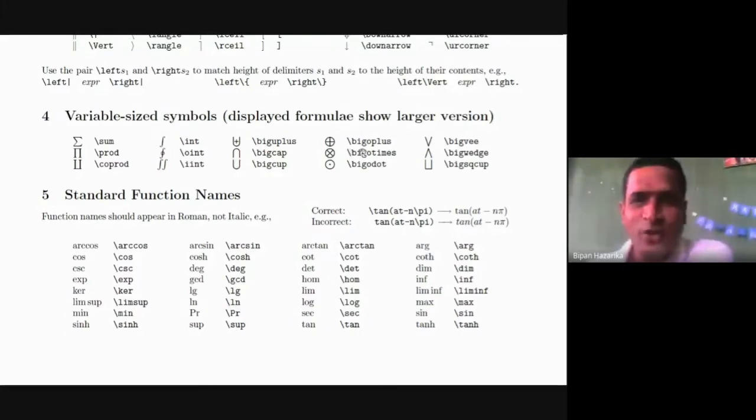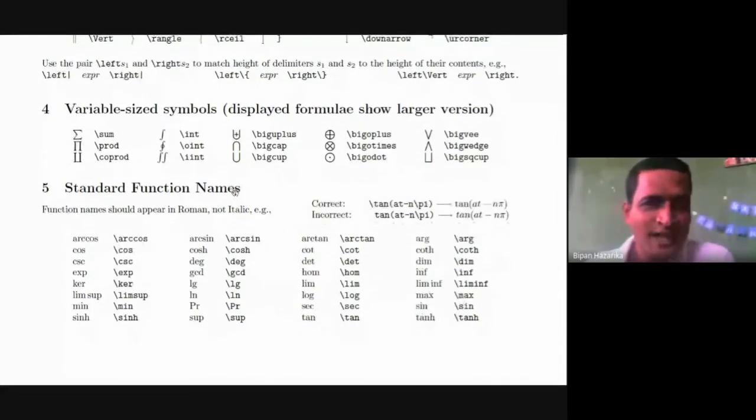Then big O plus means a plus inside a circle. Big O times means a cross within the circle. Big O dot means a dot within the circle. In this way we can write these symbols also.